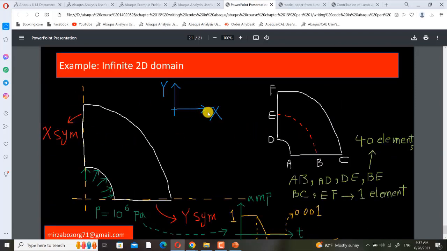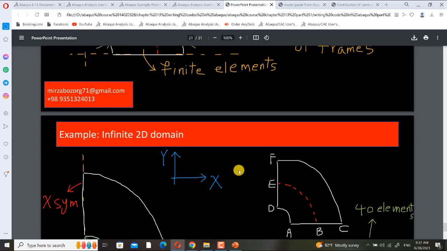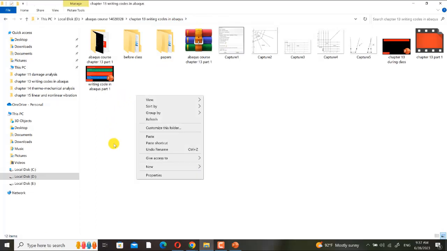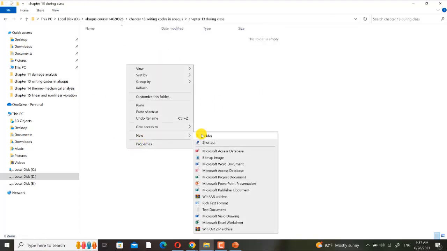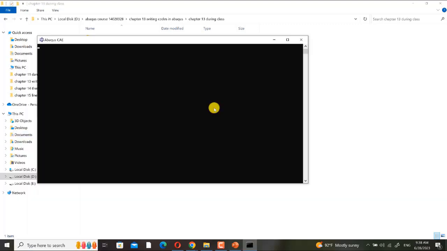According to this coordinate system, here we define x symmetry boundary condition, here we define y symmetry boundary condition, and we apply a pressure with this amplitude, and also I will mesh it and run it. Okay, let me open Abaqus.